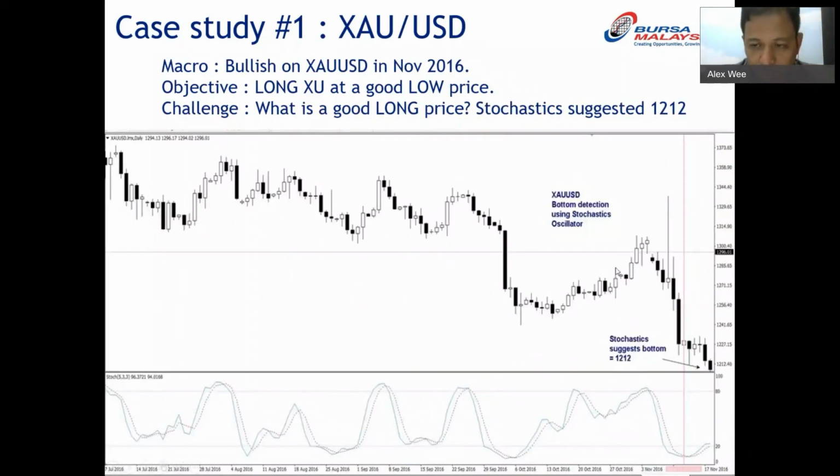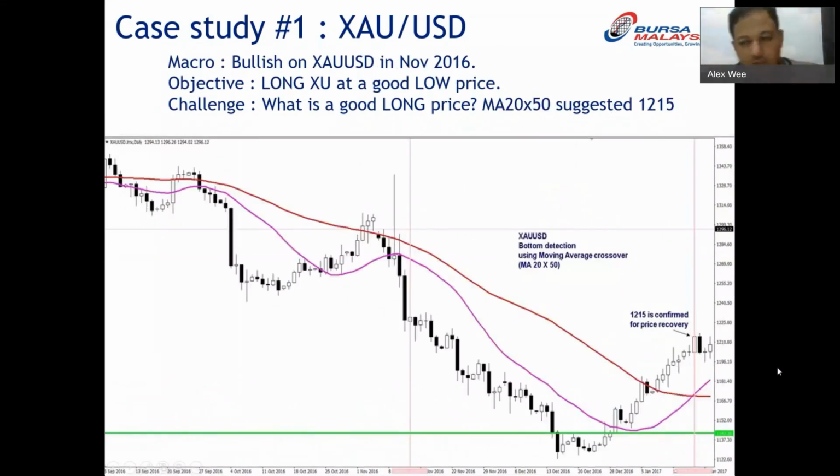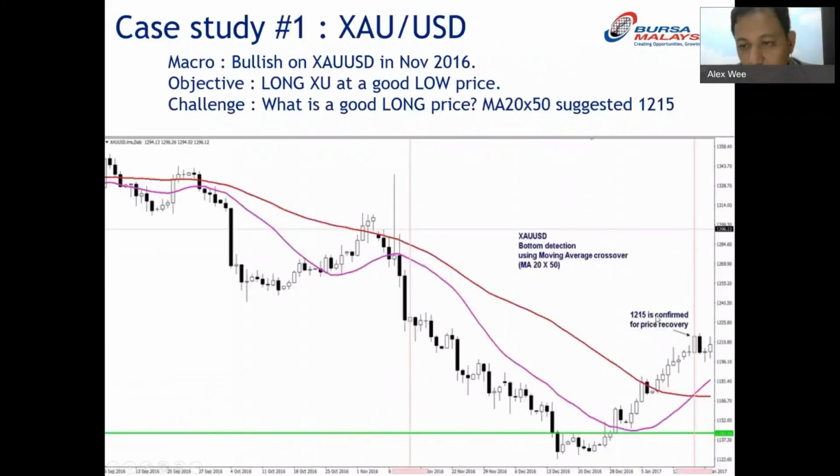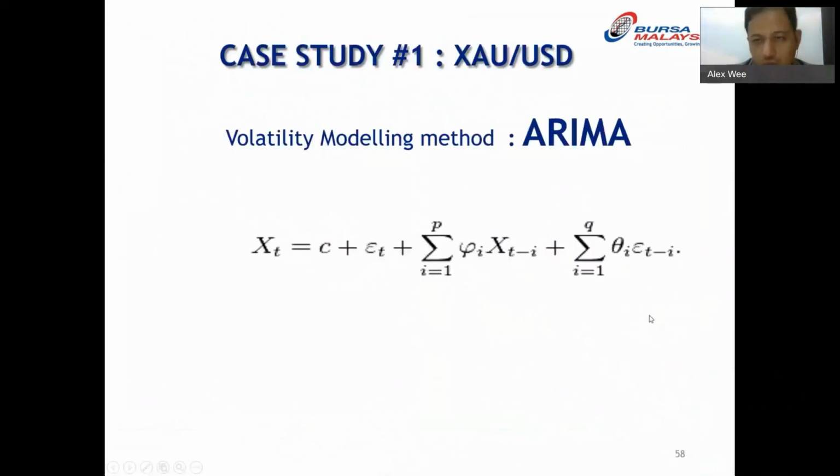So that was first of all RSI. Second is Bollinger Band. Third is stochastics. Let's have a look. You can see this is the moving average. It goes down all the way, crosses, and then goes up all the way. Fine. So you can see from here that all these methods, this 1215, compared to ARIMA. Again, with ARIMA, you look at the formula, and the formula includes volatility and includes the past history to predict the present.